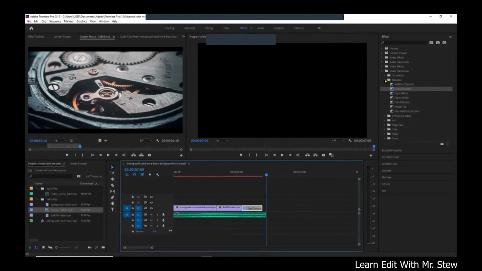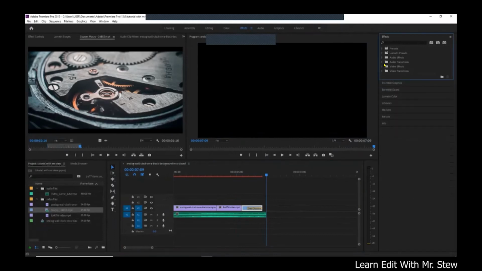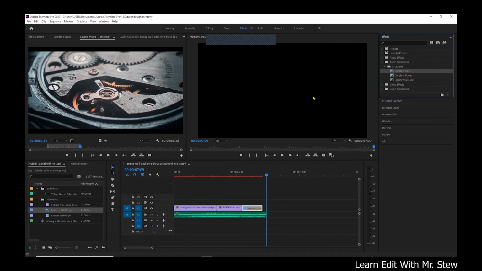So you can just simply also come to audio transition. You open the crossfade folder, then you see constant gain, constant power, exponential fade. Now I will always choose constant gain at the beginning of an audio file, especially an audio file which did not start from the beginning of the audio. For example, an audio file which I made a cut somewhere within the audio as it's already playing, I will preferably drag